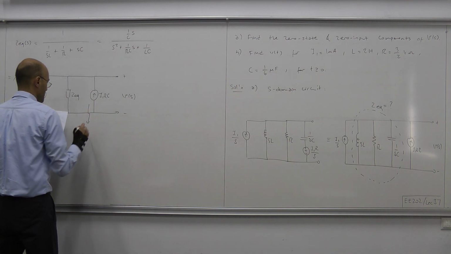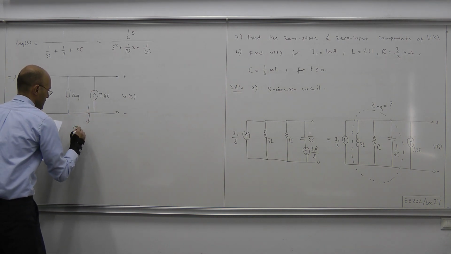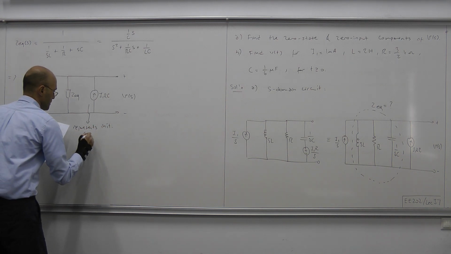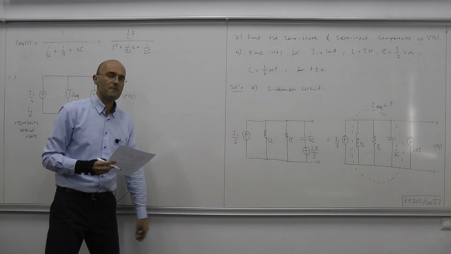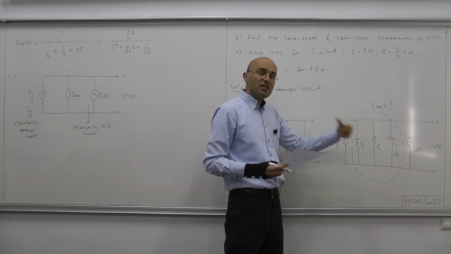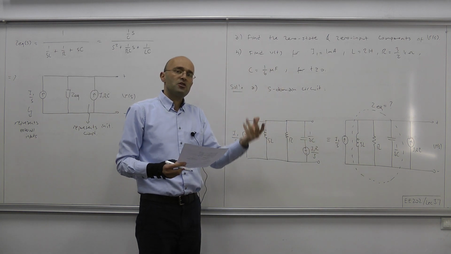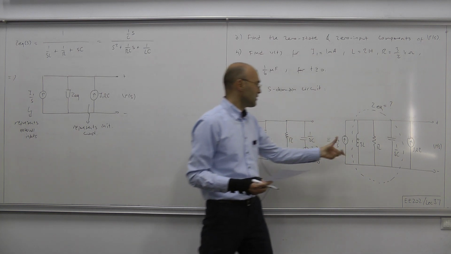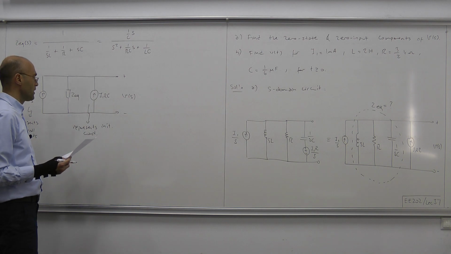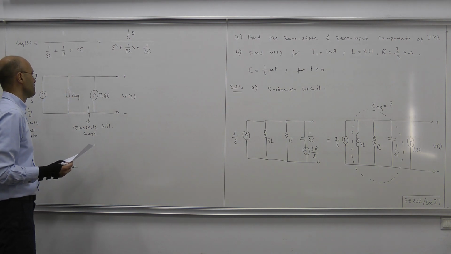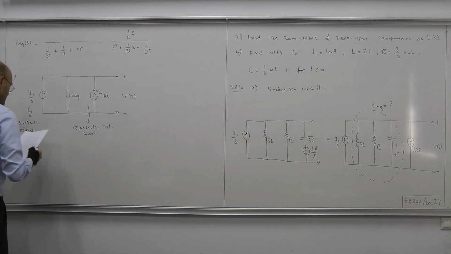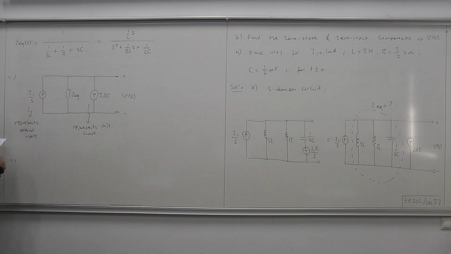And here, this guy represents the initial conditions. Note that we didn't have a source representing the initial condition of the inductor because initial inductor current was 0. So therefore the inductor is represented only by its impedance, S times L. Now everything is easy to see in this simplified circuit, and we can therefore write easily